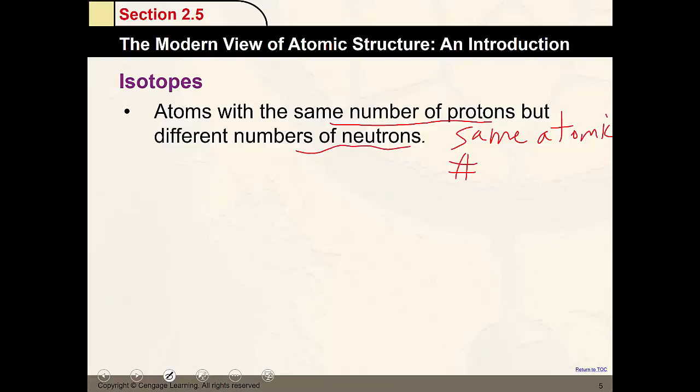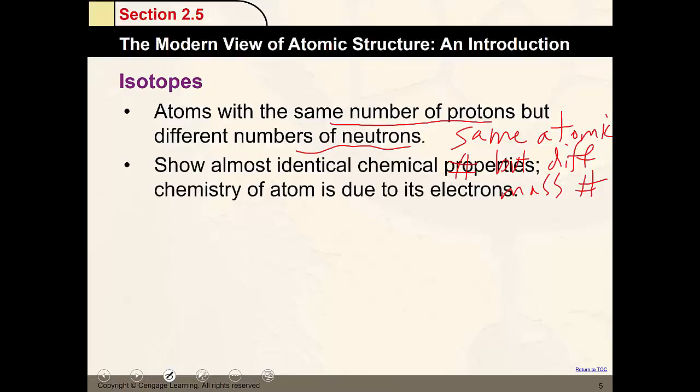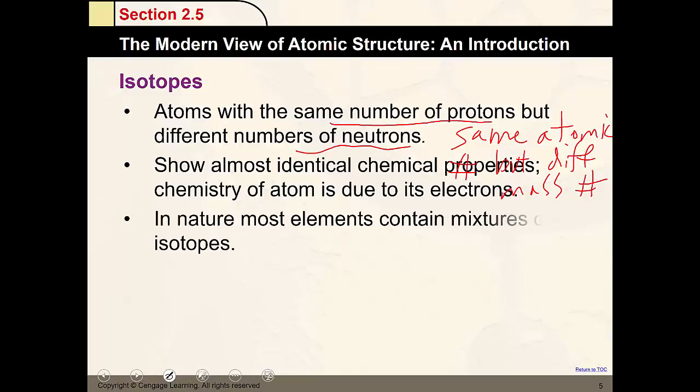So that means it has a different mass number. So same atomic number, but different mass number. So the same atom, since they have the same number of protons, they have a different mass number. And in an atom, the only thing that can change is the number of neutrons. So the number of electrons is still the same, so its chemical properties are still